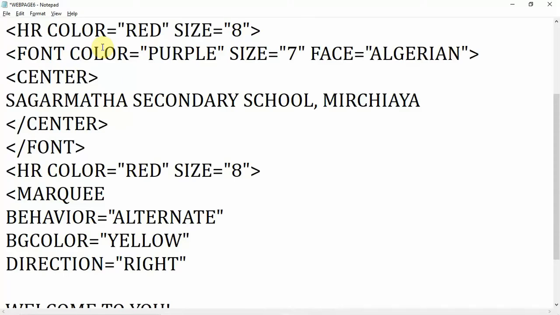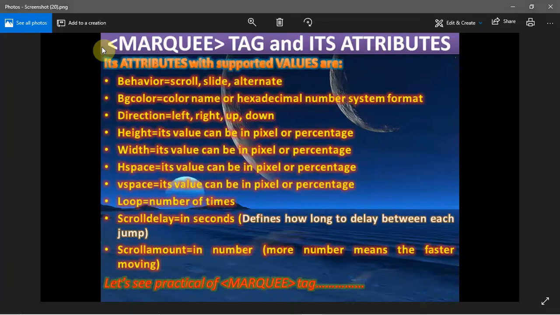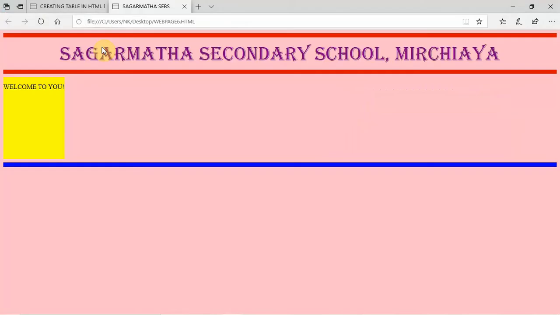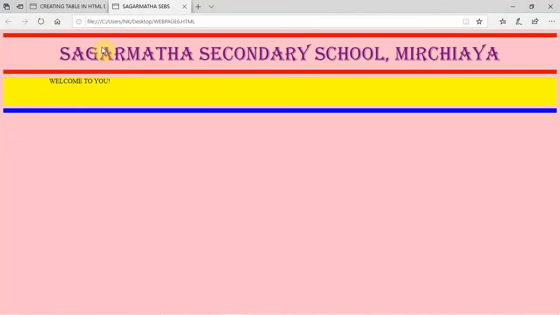Now next is another attribute, height. You can also define the height of the marquee. Here I want to give height 10%. Ctrl plus S, now F5. Here you can see the height of the marquee is increased.